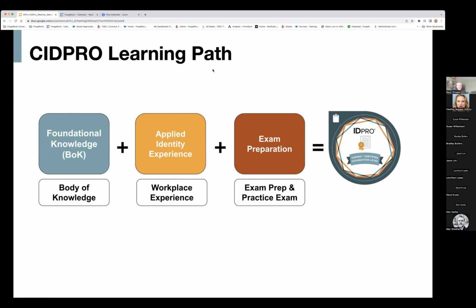So you've got the foundational book knowledge, you've then got some application experience, and then you come into the exam preparation piece, which the first thing is we have some exam preparation support material, so the reference guide that we have, but we want to make sure that you're fully aware of the sources and the places we've gone to source questions from. But we also have a practice exam, and the practice exam is questions that have come out